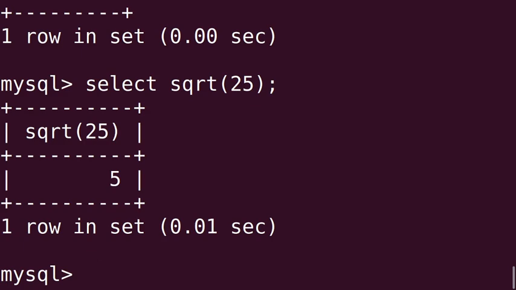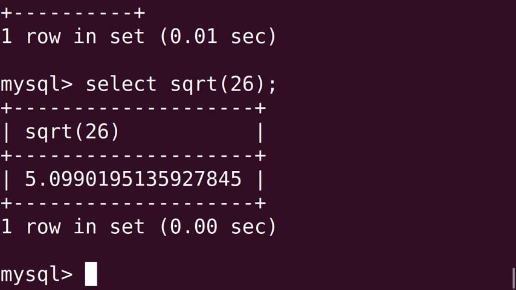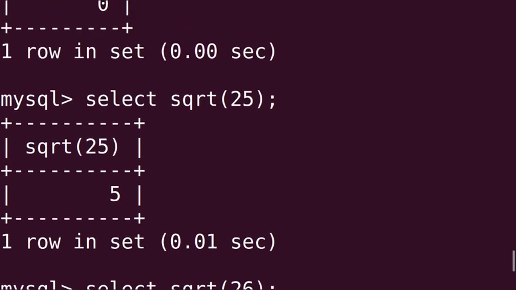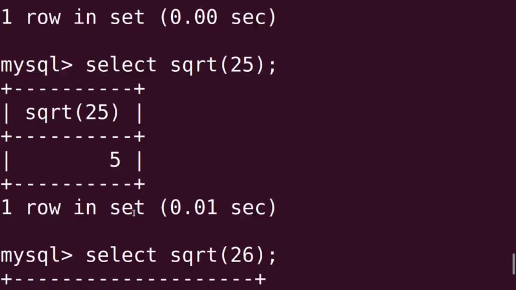Any other number, suppose we are trying with 26. If we try with 26, we are getting a number like this, right? Okay. So with square root, you know which numbers give a whole number in the output, isn't it? So you can try.